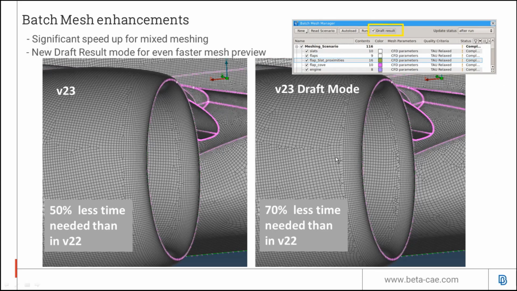That's why you may see some abrupt changes in the length here, which are of course fixed if the full process is run. So draft result is available for mixed type mesh so that the user can have a quicker preview of the result and check that the settings that they have put are the ones that they want. And this results in an even greater speed up.